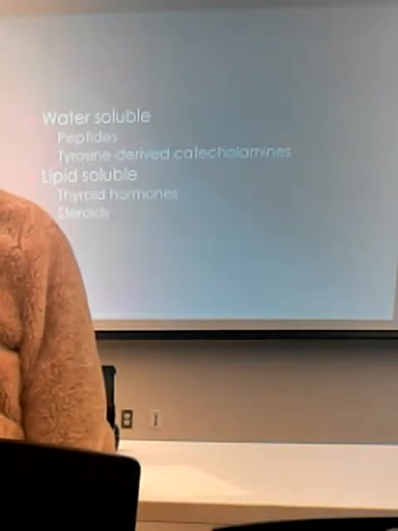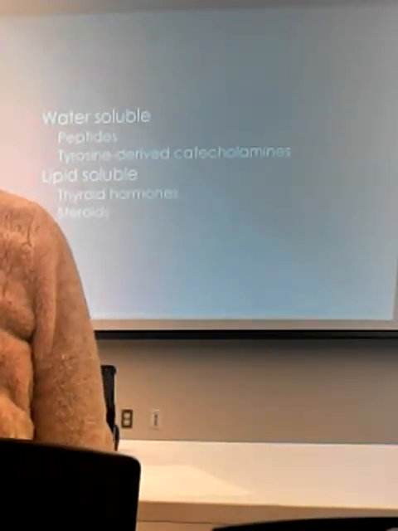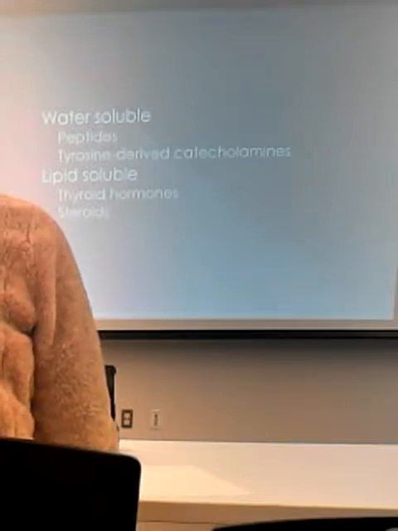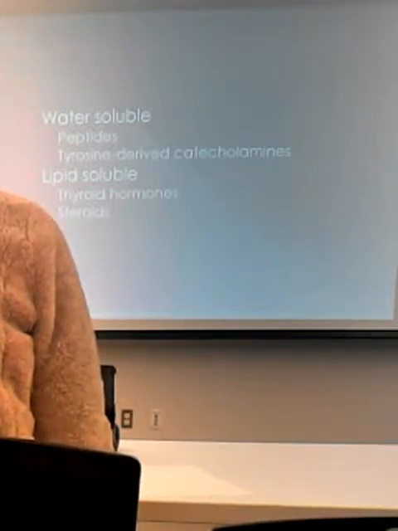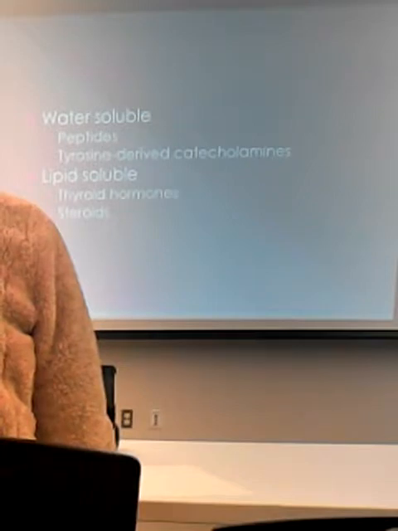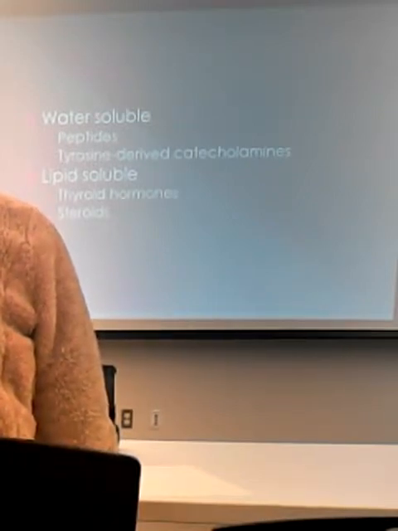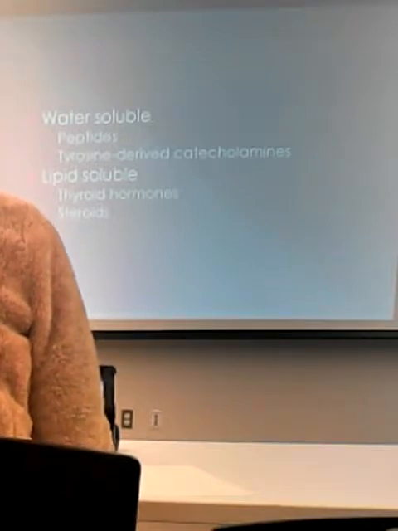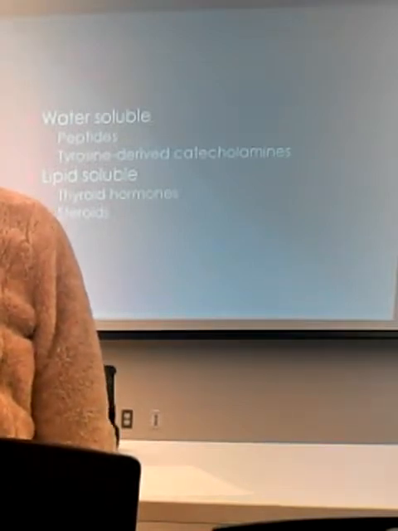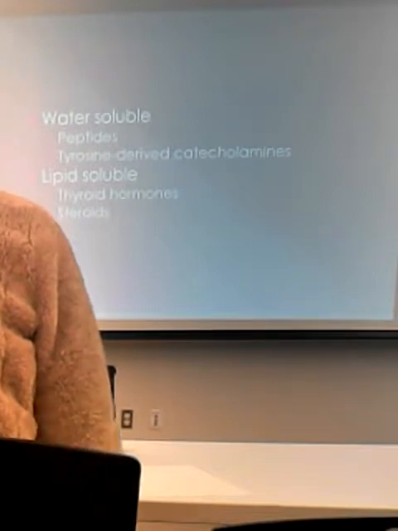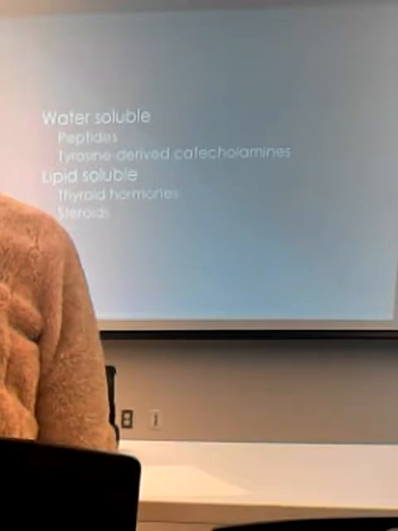So, hormones are divided into 2 categories. There are those that are water soluble, and guys, this is like supreme attention. This chapter is ridiculously hierarchically organized to make outlining super easy, okay? So, there are water-soluble and lipid-soluble hormones. Most hormones are water-soluble. There are some that are lipid, those are few. Okay?